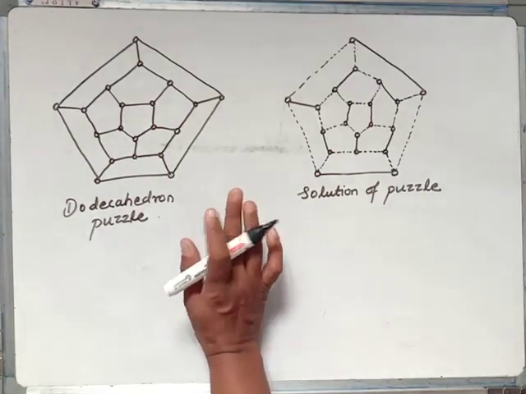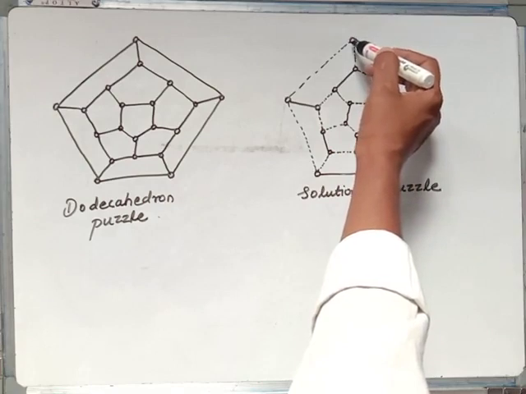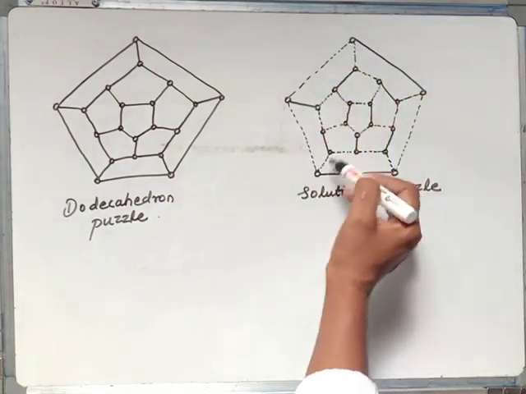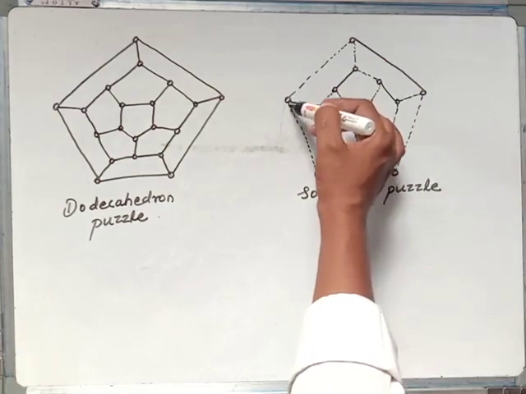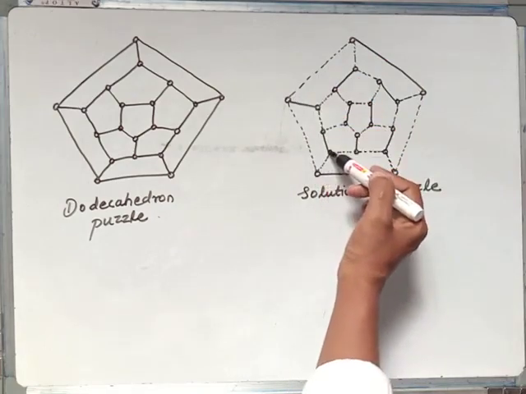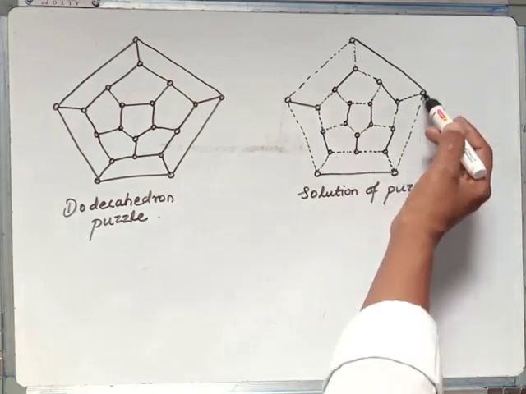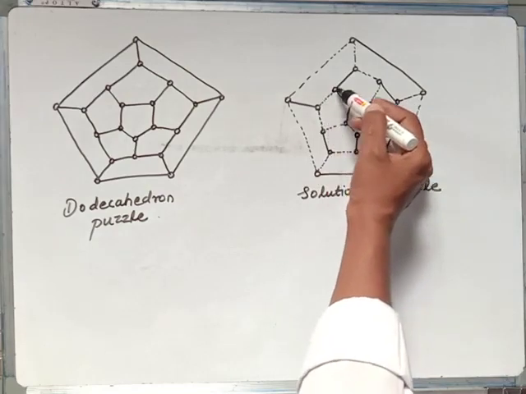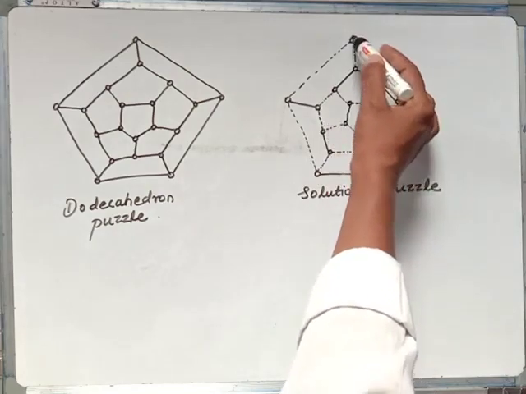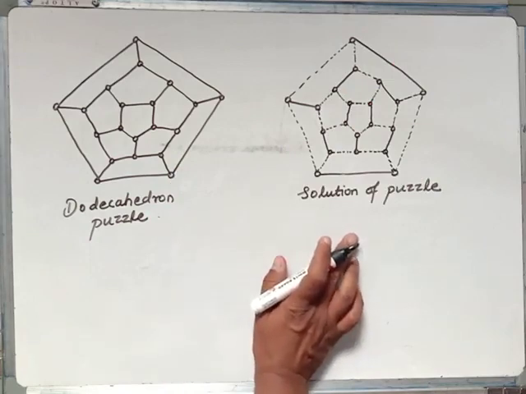The Hamilton circuit. Okay, look at this. Let me start from this. This dotted line is my solution. So let me start from this. I'll come to this. I'll reach it here. I'll come here. Then again here as such. Okay. Then again here. I'll go as such to the original city again. This is the solution of our puzzle.